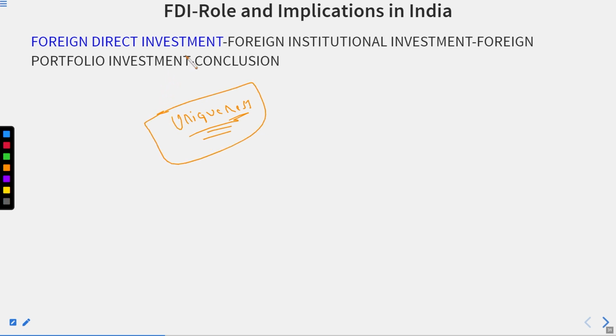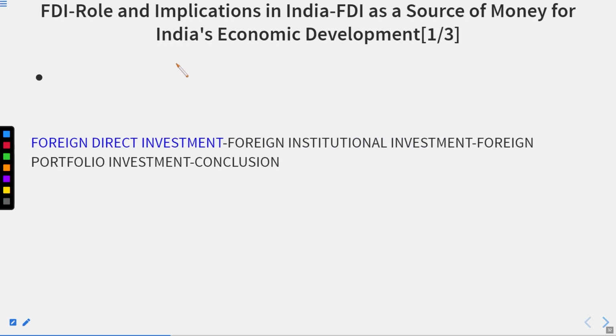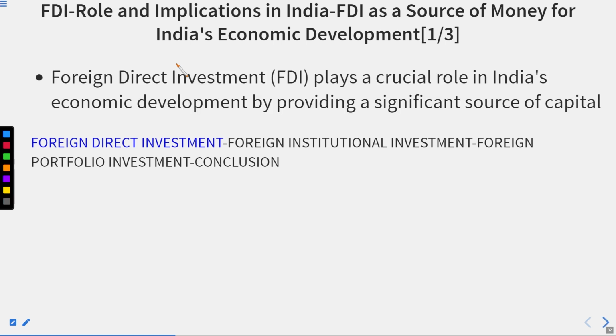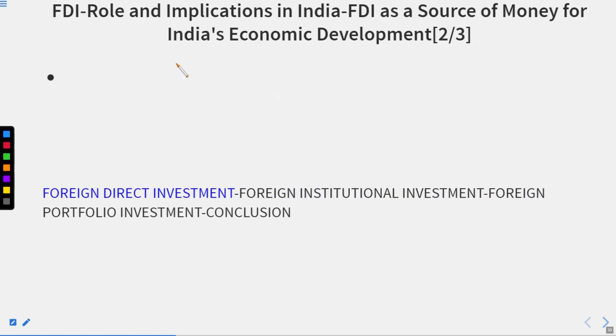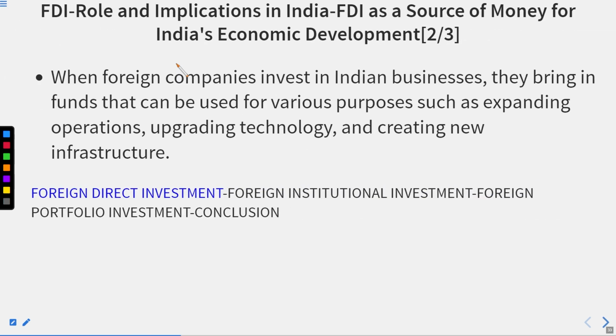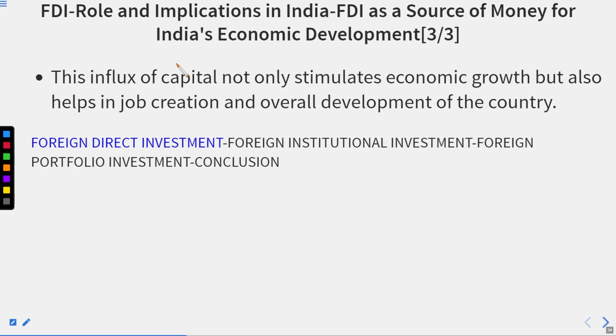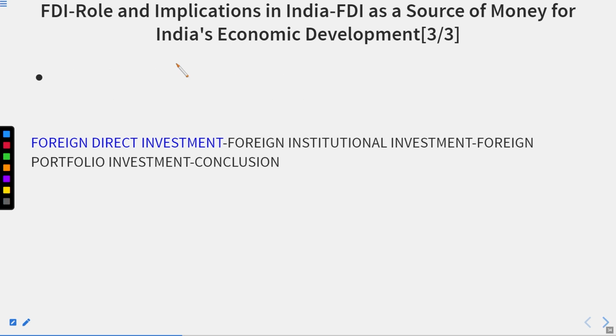Thereafter, we have the FDI role and implications in India. The first role is FDI as a source of money for India's economic development. Foreign direct investment plays a crucial role in India's economic development by providing a significant source of capital. When foreign companies invest in Indian businesses, they bring in funds that can be used for various purposes, such as expanding operations, upgrading technology, and creating new infrastructure. This influx of capital not only stimulates